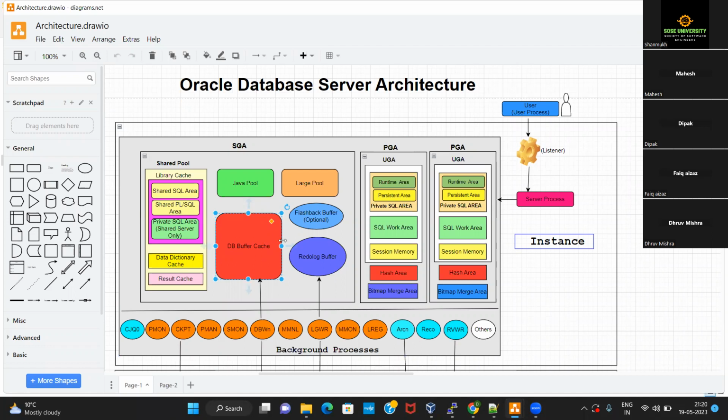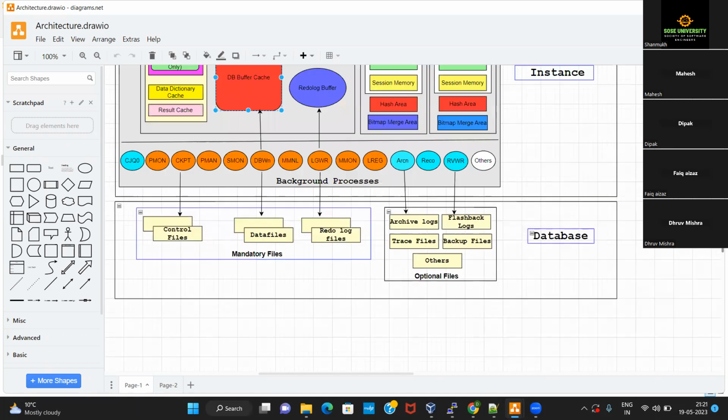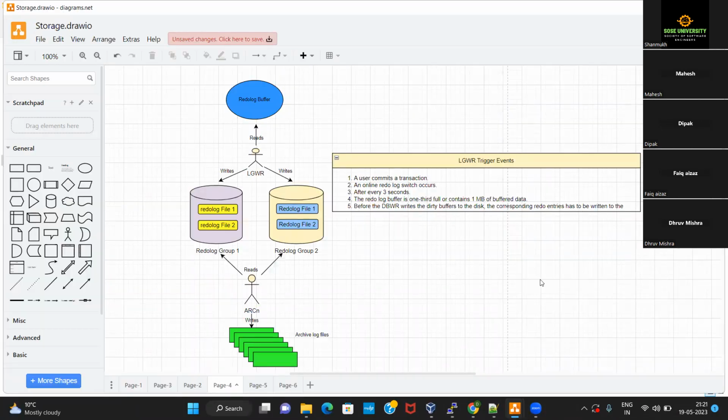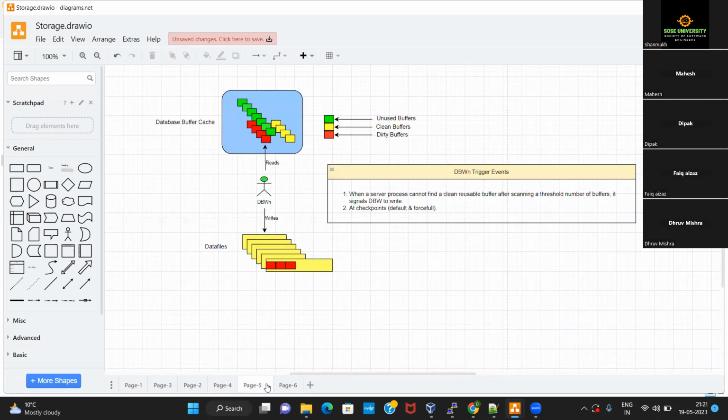So from this memory structure, all those dirty buffers need to be written to their actual location on the storage. All those dirty buffers present inside the database buffer cache will need to be copied to the permanent storage location of the data in the database, which actually is the data files.